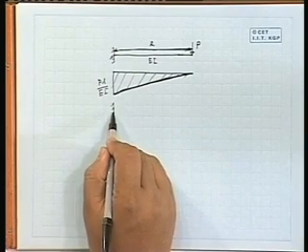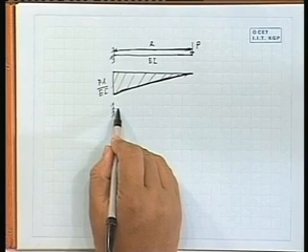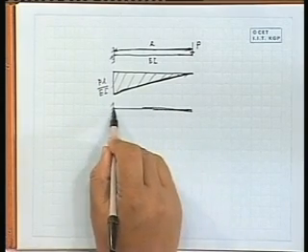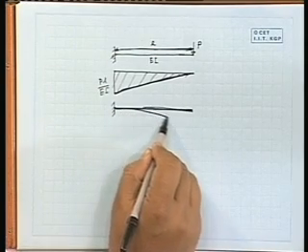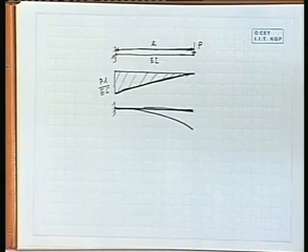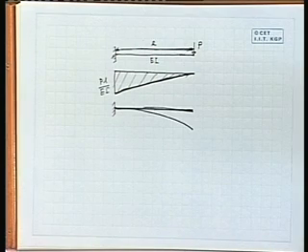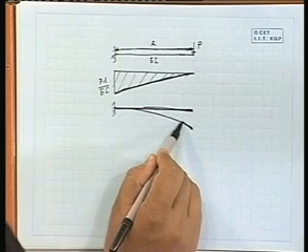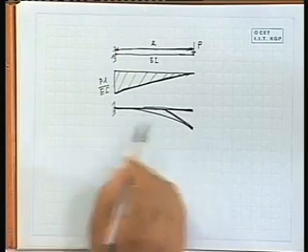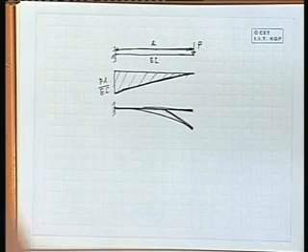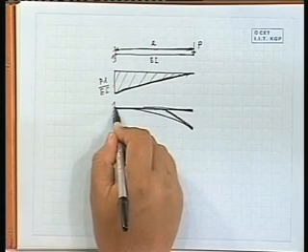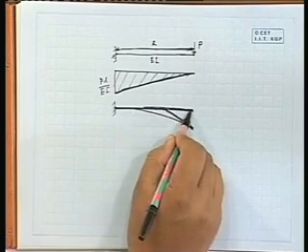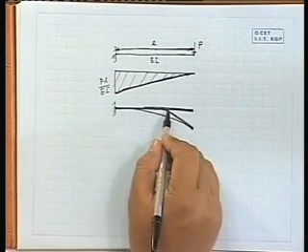Now, here I will draw the deflected shape of the beam. So, this is the initial line, after deformation it will be like this. Now, at this point if I draw one tangent, so this is one of the points, a starting point, this is the initial line, plus if you draw the tangent also it will be the same line, because it